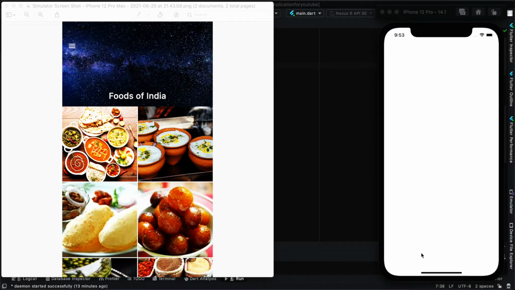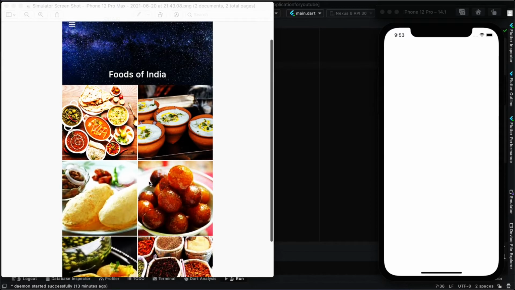In this video, we are going to start an application which will use slivers. We have sliver app bars, then this sliver grid view, and then we have this navigation drawer. So this is your navigation drawer, and the first screen would be something like this.